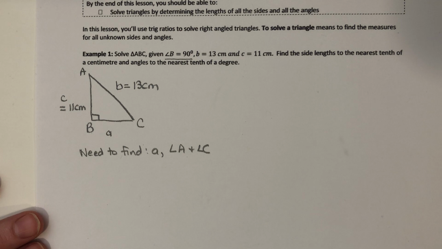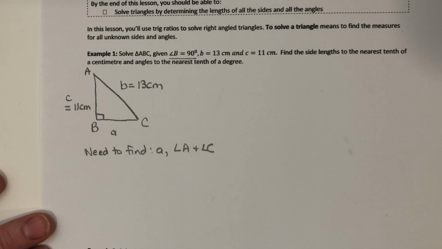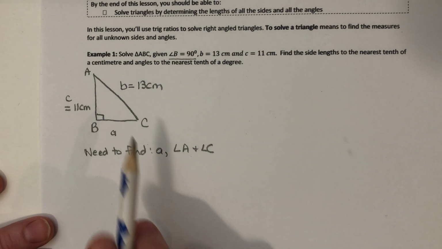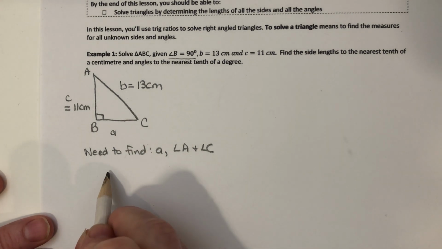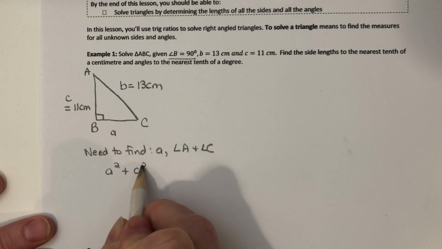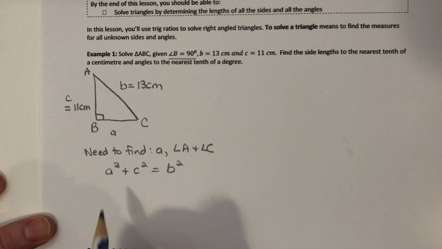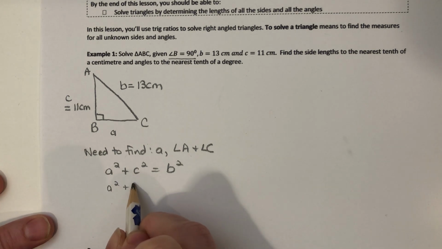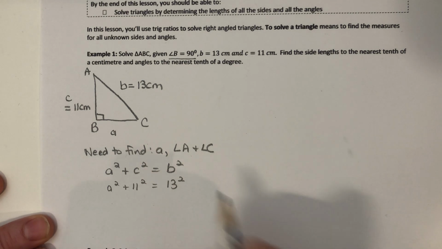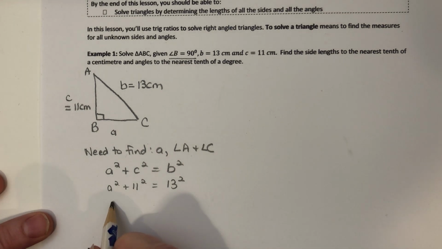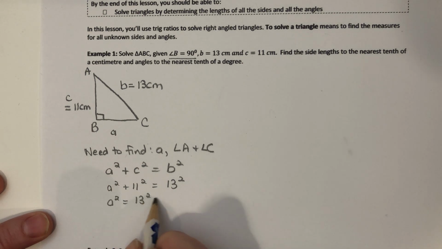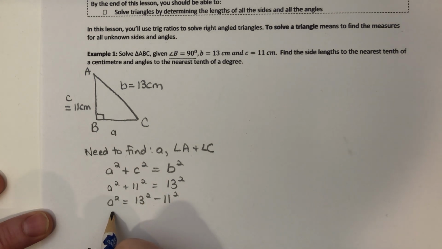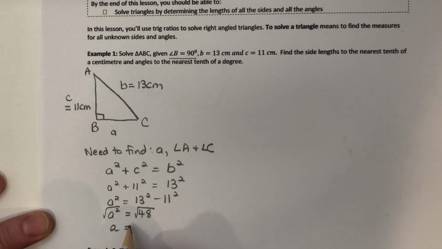And remember, the Pythagorean theorem says that the square of the hypotenuse is equal to the sum of the squares of the other two sides. So B is my hypotenuse. So we know then that it's going to be A squared plus C squared equals B squared. And if we put in what we've got, we don't have A, but we do have C, so let's put that in. And we do have B. Now, we want to isolate A, so let's isolate A squared by moving the 11 squared to the other side. And if you put that into your calculator, 13 squared minus 11 squared, you get 48. And remember, to undo something squared, you square root both sides, so that you get A is approximately equal to 6.9